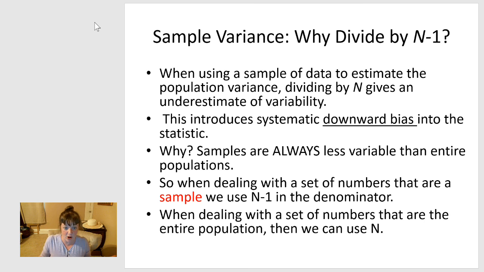Larger standard deviations mean there's more spread. People are more spread out from one another. They're farther away from the average. Big standard deviations mean people are far away from the average because they're far away from each other. Small standard deviations mean people are close together. They're very near each other. They're close to the average because they're all near each other. That's the idea behind variability, and thus the idea behind standard deviation. If a standard deviation is a number that represents how different people are from the average,